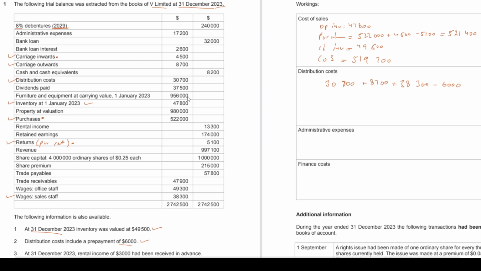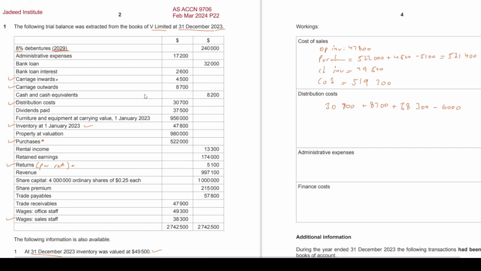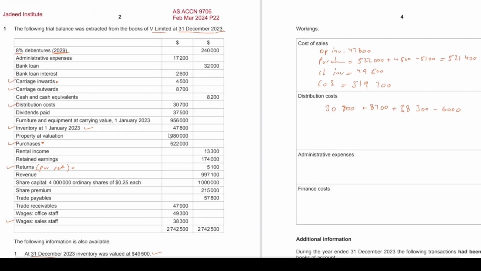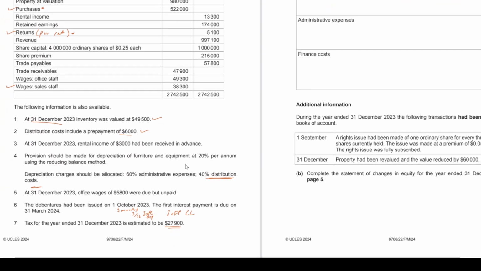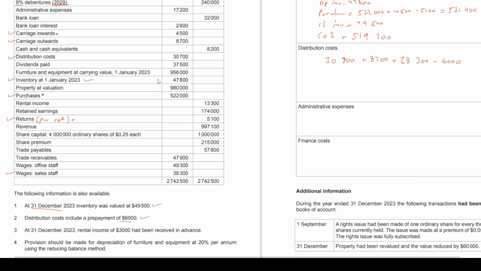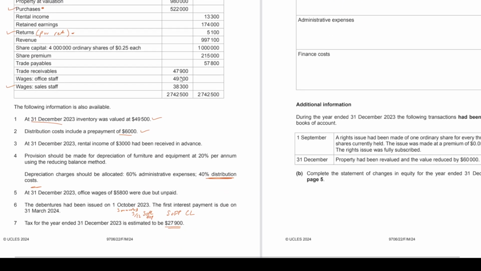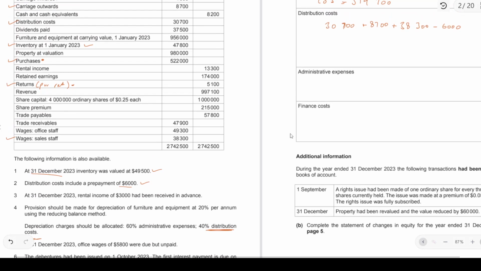Okay. Furniture and equipment at carrying value. So at the beginning of the year, we have a carrying amount, or net book value, which is the same thing. You should know that by now. 956,000. And it says the policy is 20% reducing balance. I think this is too easy. They're not challenging you. 956,000 times 20%. You can even write 0.2 times